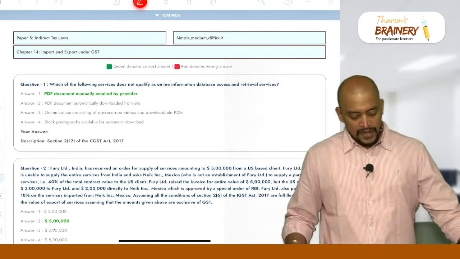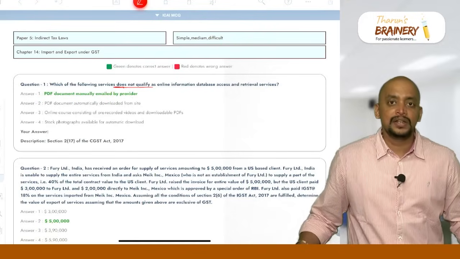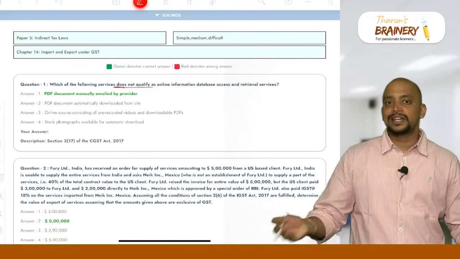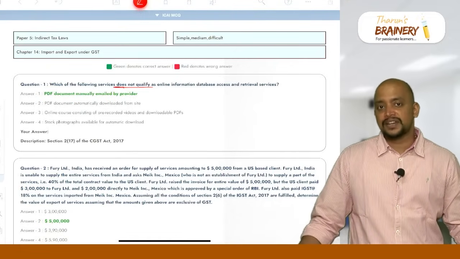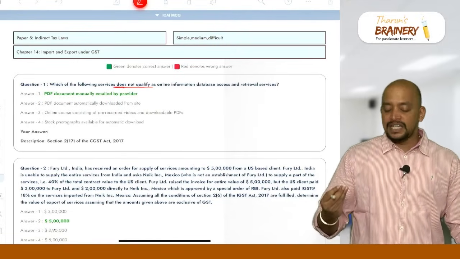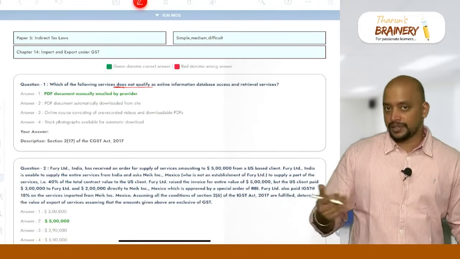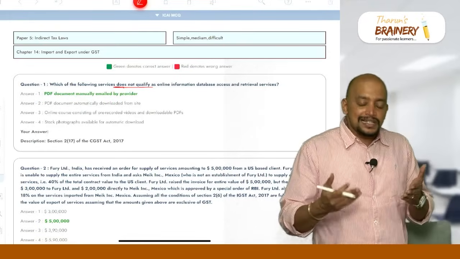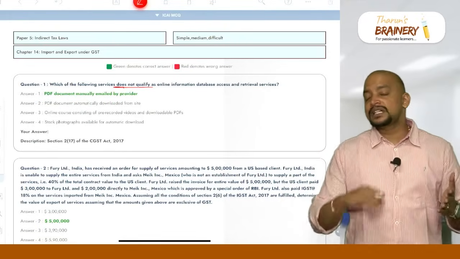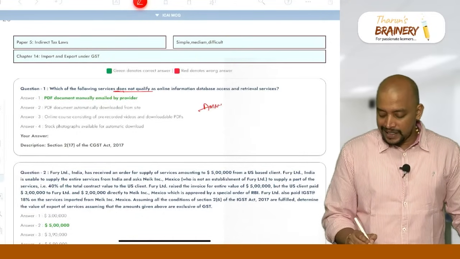Then next, which of the following services does not qualify as OIDR service? What is an OIDR service? Any service which is now mediated through the internet is called OIDR services, and it includes electronic services. PDF document manually emailed by the provider. Actually now, because of the amended definition, when it is emailed, it requires internet. So even though it is done manually, previously only automated would be OIDR, but now because of the amended definition